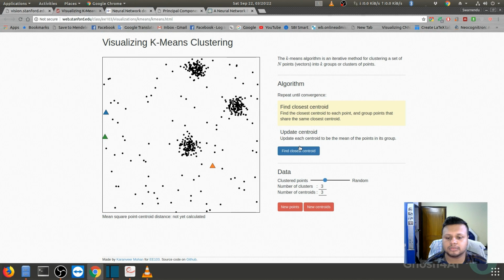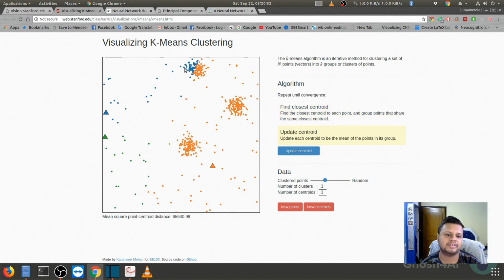So first we are going to find the closest centroid. All of these samples will be assigned to the closest centroid. Okay, so we have done a reassignment of the samples to the closest centroid, and you can see that they have formed a blue, orange and a green cluster. And now we have to move the centroids to the center of the samples that belong to them. And if we move, we see that there has been a movement